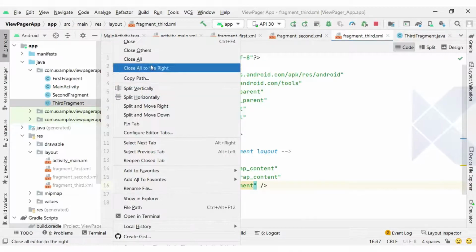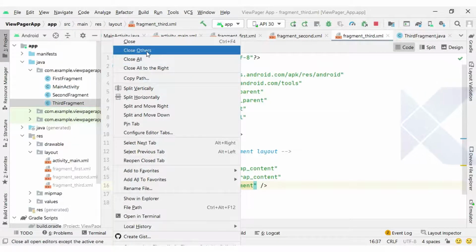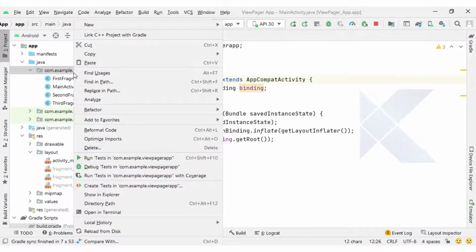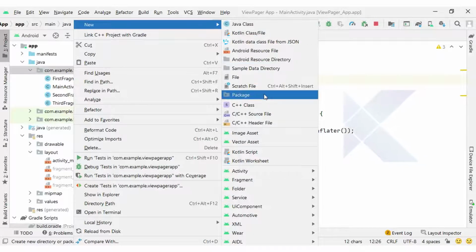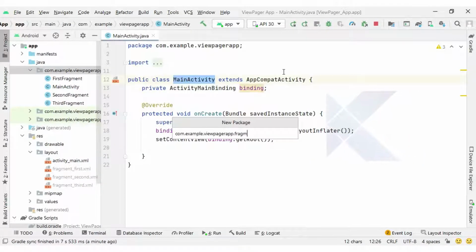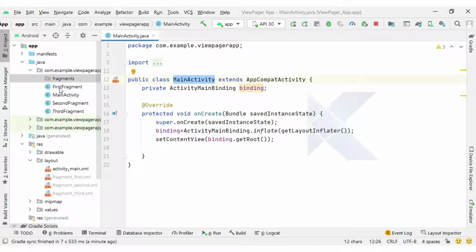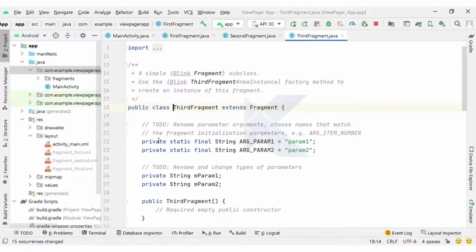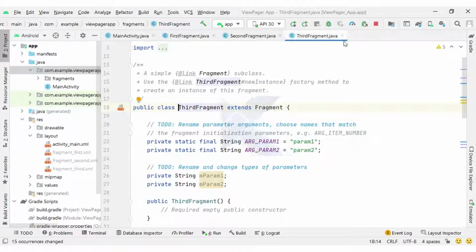Only the main activity we will keep open, and all the other tabs we will close. If you are confused by so many files in your single package, I suggest you create one more package for fragments and move all the fragments to this package, so it will make your code easier to understand for other developers as well.